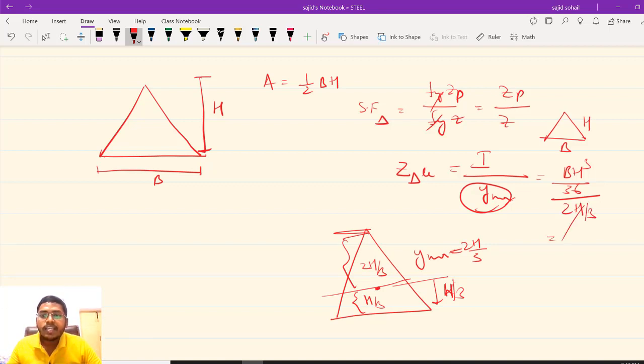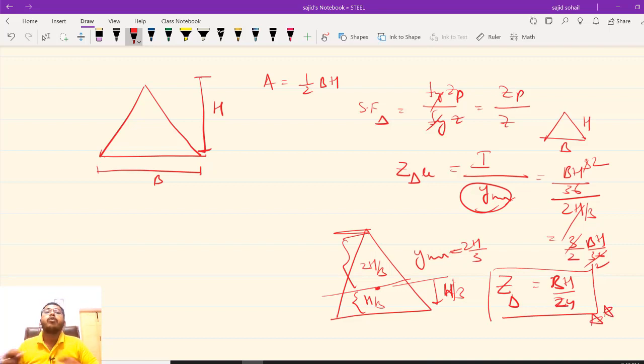So the same value I am substituting here, 2h divided by 3. So what is it? h, and यहाँ पे square आ जाएगा. So I will be getting 3 by 2 bh divided by 36. This 12. So I can write my z of triangle is bh divided by 24. Very important. I hope you will be remembering it, right? So your z of triangle you already know. मुझे क्या चाहिए? बस zp चाहिए. Once I know this zp value, my shape factor is just zp divided by z.